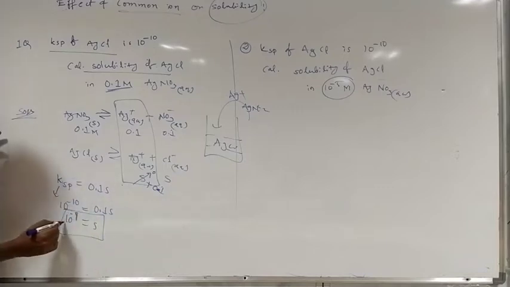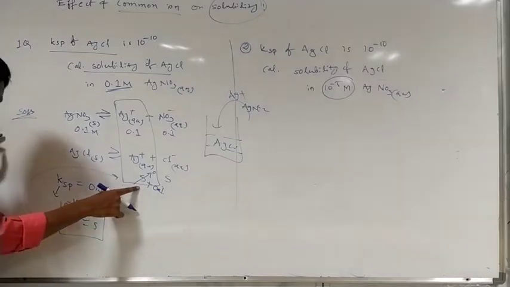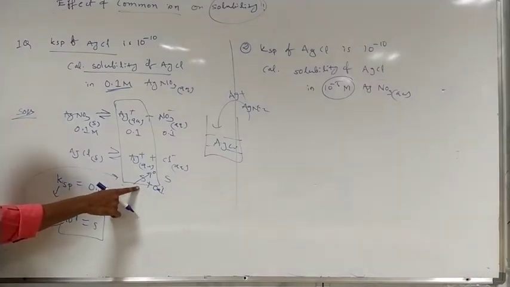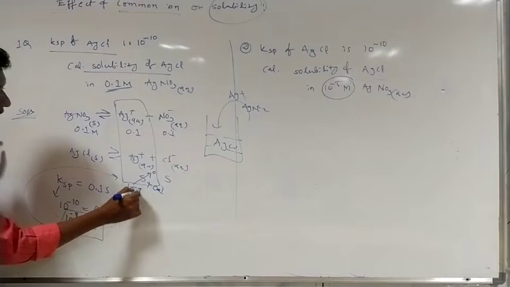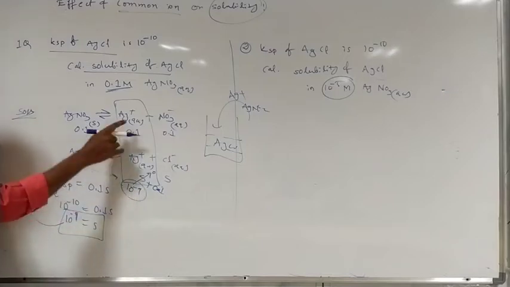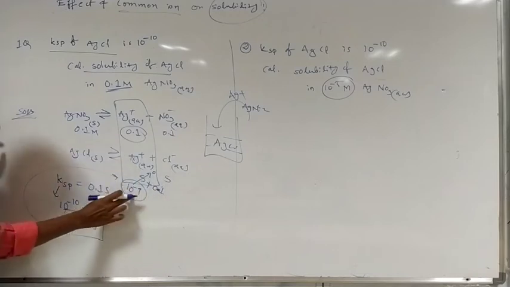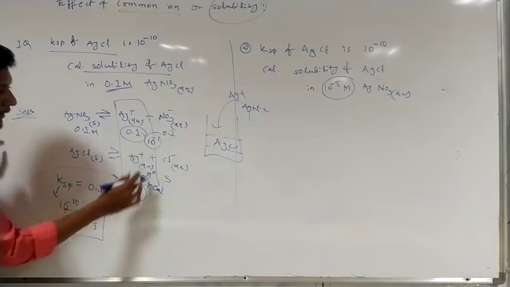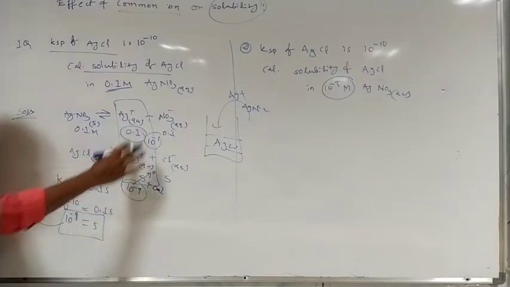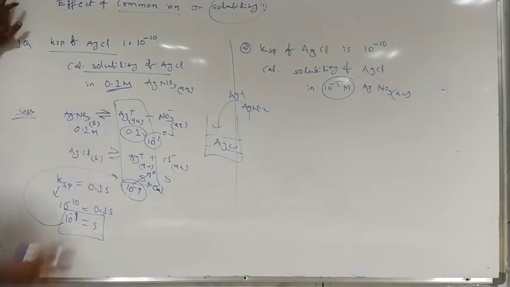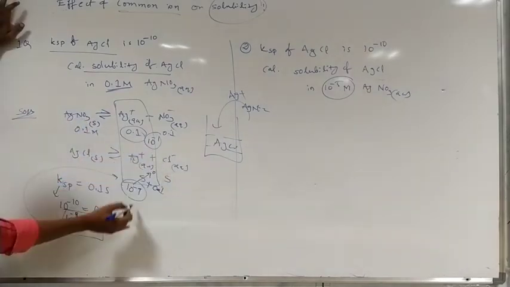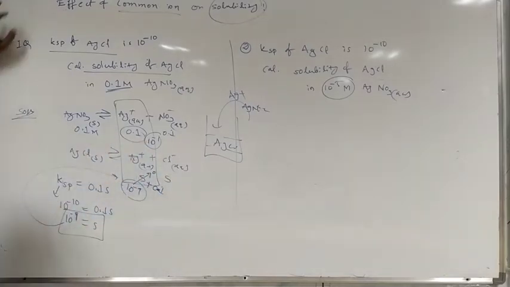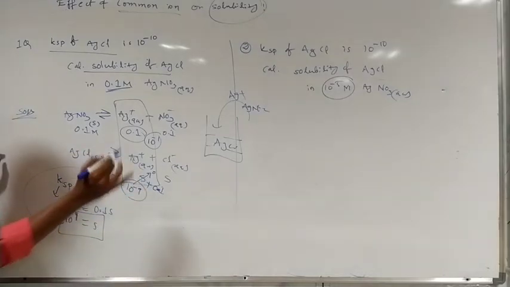Now you have to compare. At which time are we going to neglect this term, and at which time are we not going to neglect it? I am writing here 10 to the power minus 9. Compare these two common ion values: 10 to the power minus 9 and 0.1, which means 10 to the power minus 1. A very large difference is there. Comparatively the value difference is more, and when the value difference is more, at that time we have to neglect this term.